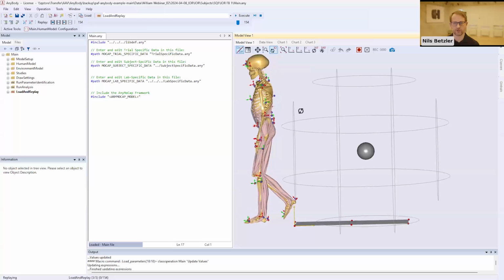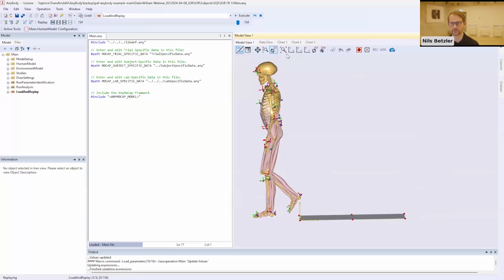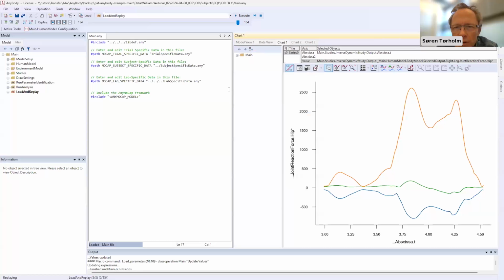We can also plot different types of data, and I've prepared three different charts, and maybe you can explain a little bit about what we're going to see. Yeah, so the first one we prepared here is the hip reaction forces. This graph shows the hip reaction forces of the right leg in the three components in the spherical joint that the hip joint is. So it's the forces in newtons we see here. If we go on to the next chart,